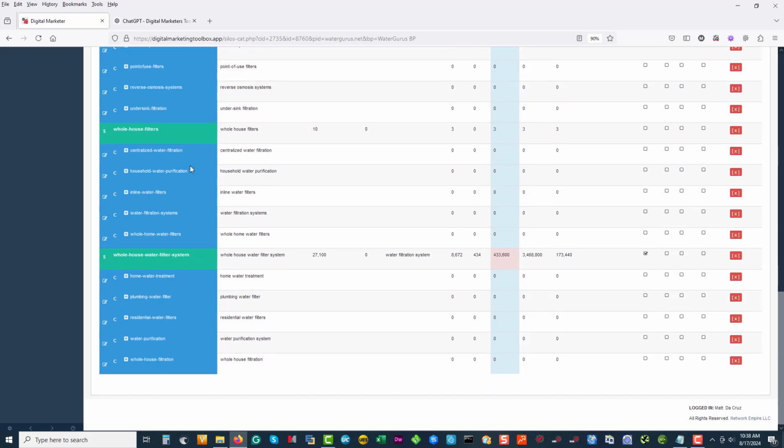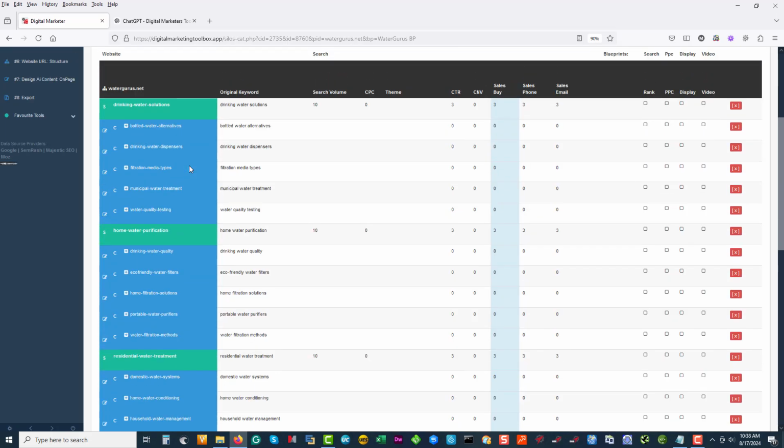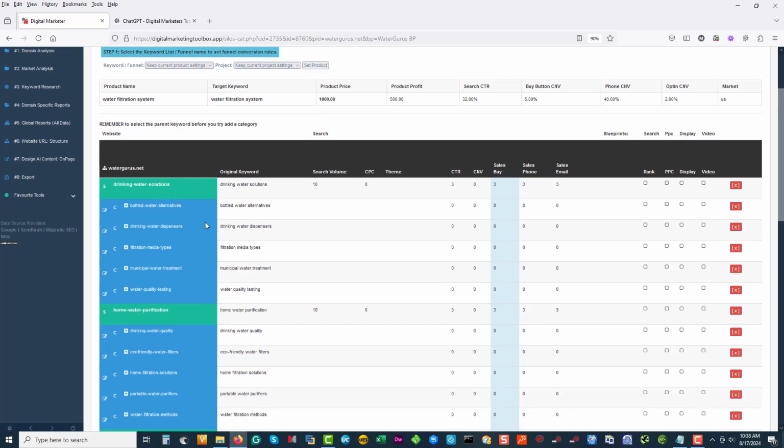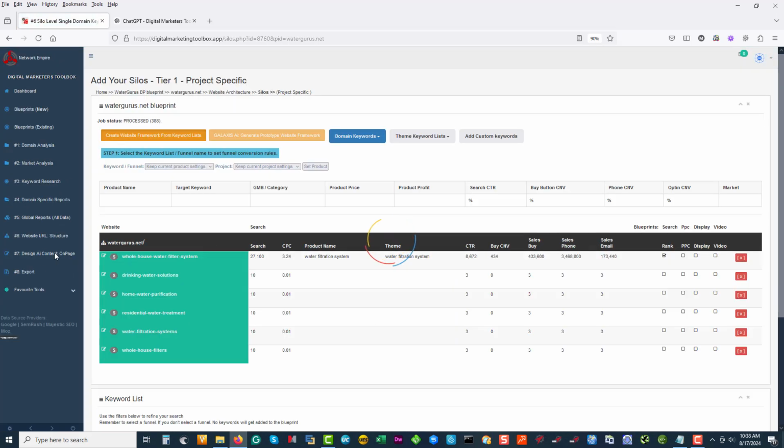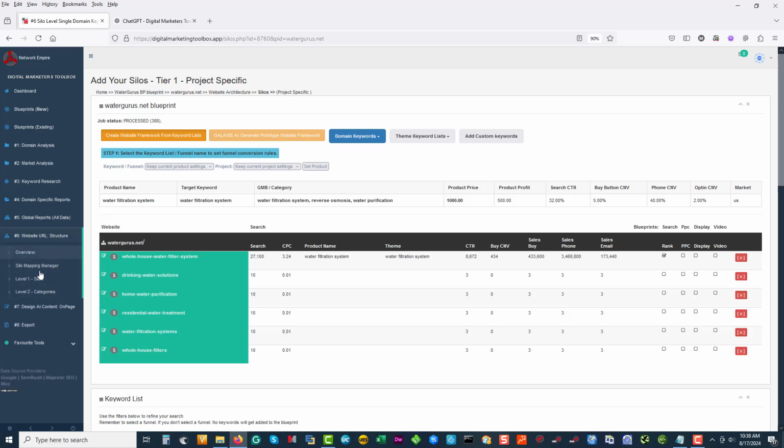So we've got 5, 10, 15, 20, 25, 30. That's a 35-page website with one click of a button. So I'm going to move down to the content analysis now. And if we go back to the silo level, which is over here, if I want to work on URLs